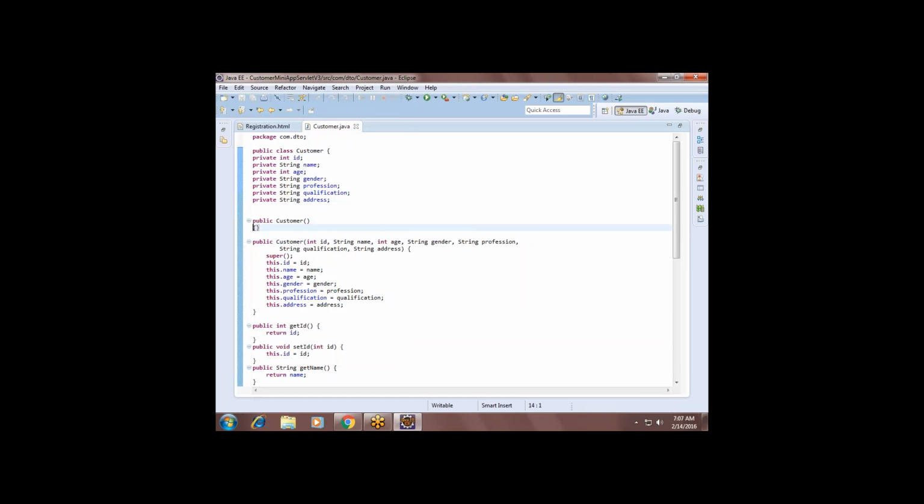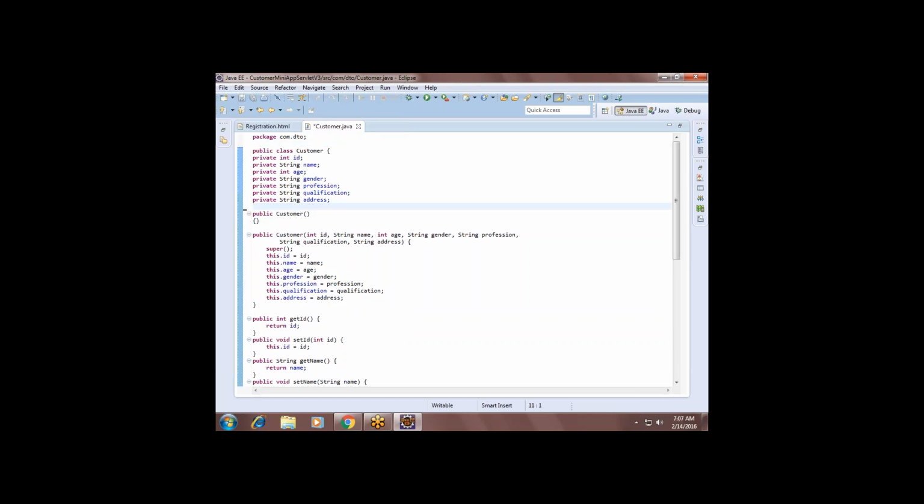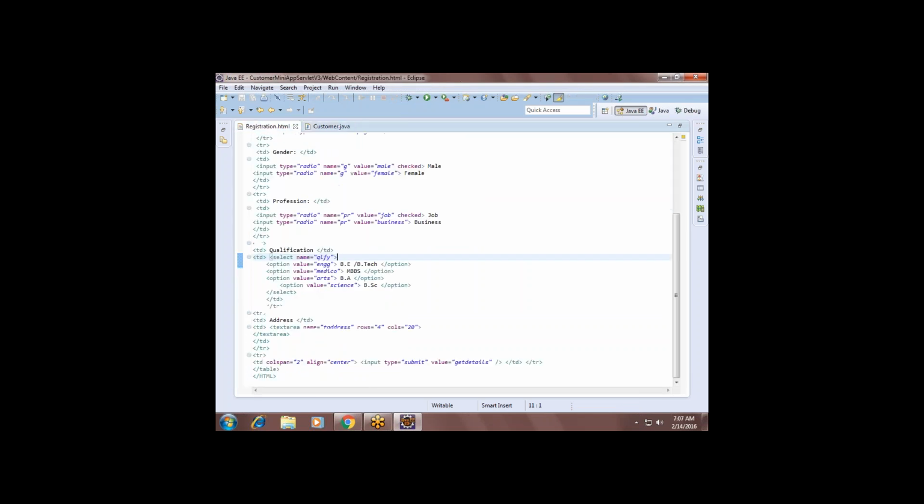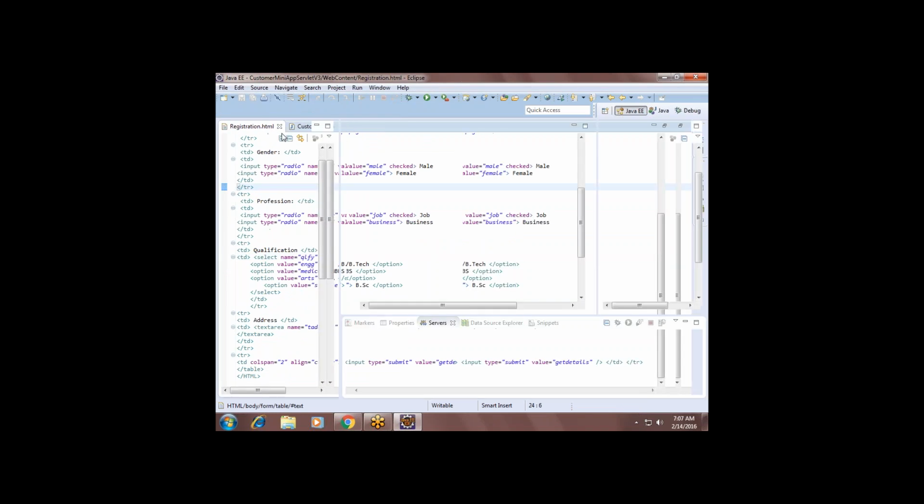Done. So we have created this DTO, called a data transfer object, and we'll see why it is required. For the registration form it might not be required, but later we require it.